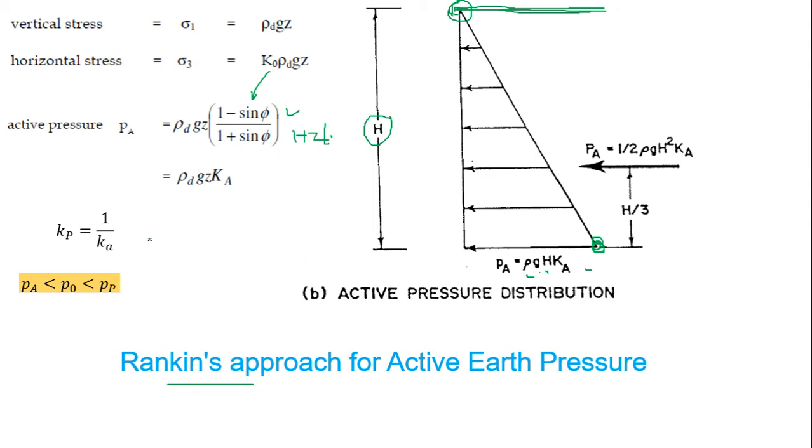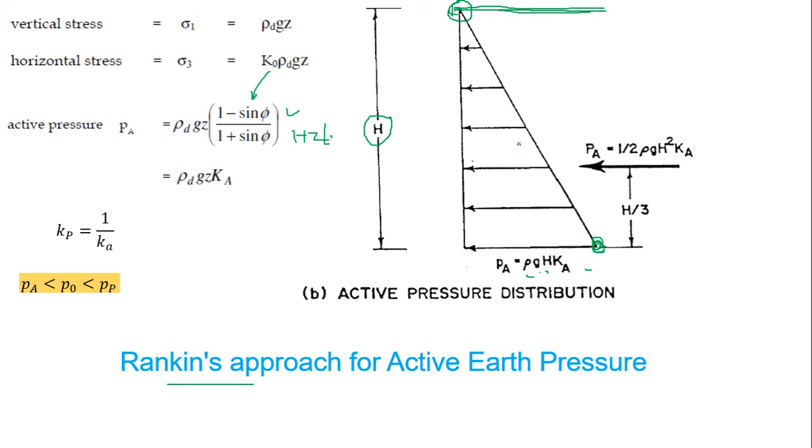So this is the active earth pressure, and this is the triangular pressure distribution diagram. But we need to convert this triangular pressure distribution diagram to a force. And how are we going to do that? We can convert this distribution diagram to a force, as in strength of materials. Many times while drawing the SFD and BMD we did that. So how do we do that?